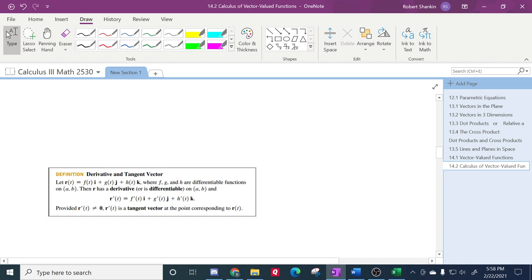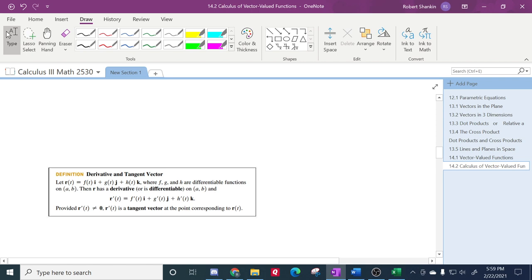And then R has a derivative, and you just take the derivative one at a time. Provided R prime does not equal 0, the zero vector, R prime of t is a tangent vector at the point corresponding to R of t. Now this part,